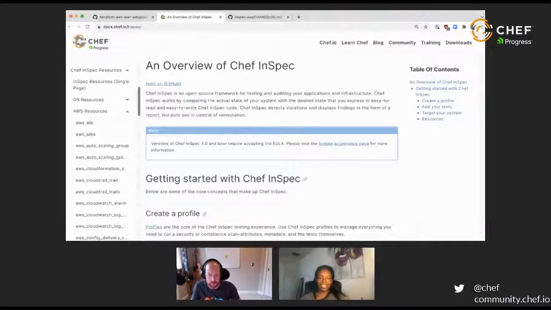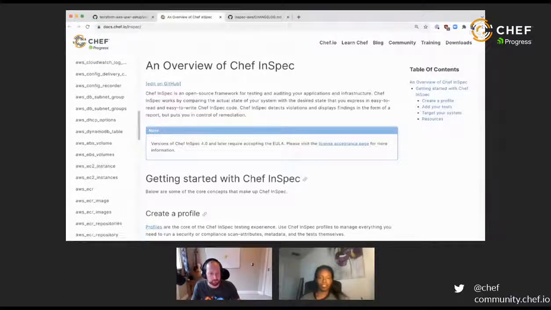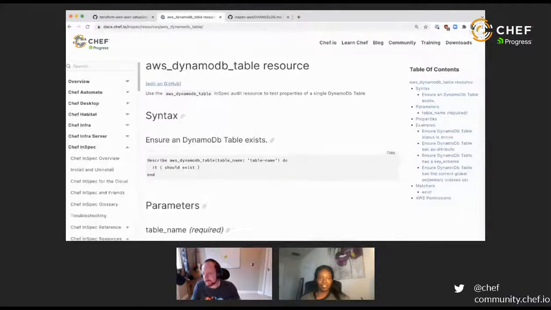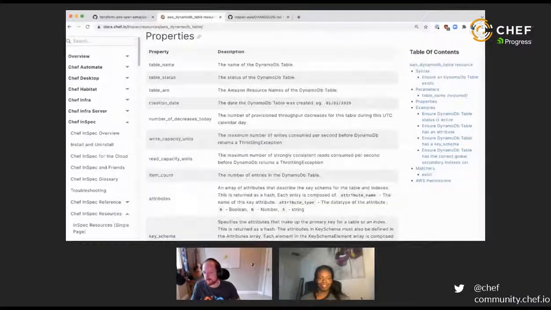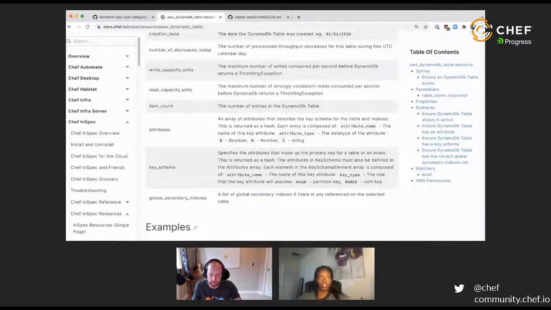As you can see, there's probably not everything covered, but it'll get you a lot of the way there. I'll bring up a DynamoDB table. Things like table name and basically everything you want to query about DynamoDB tables are there, which is really nice.